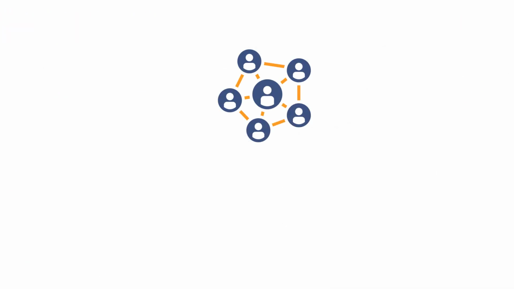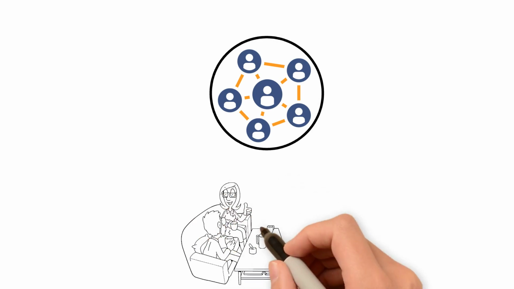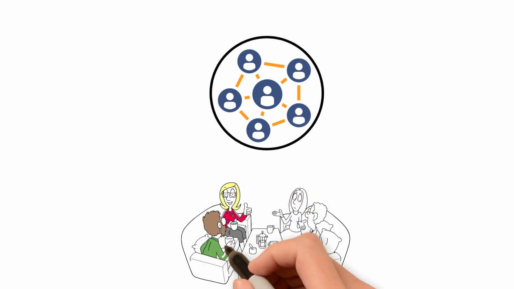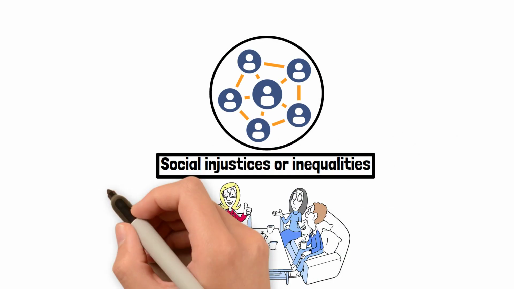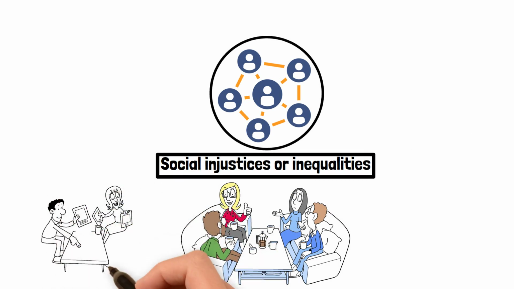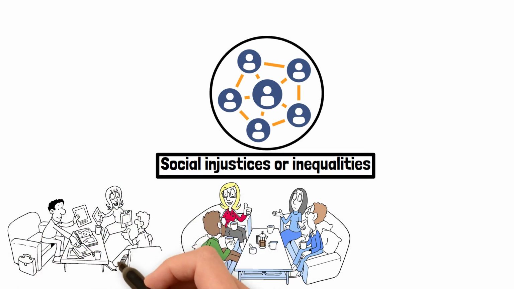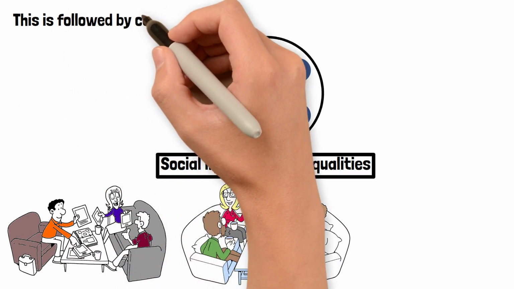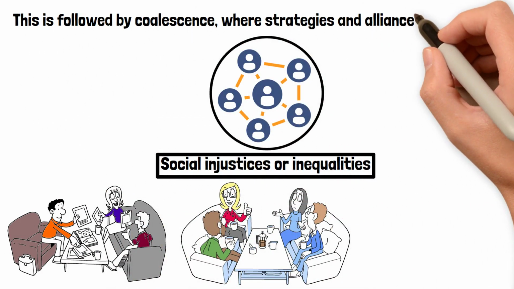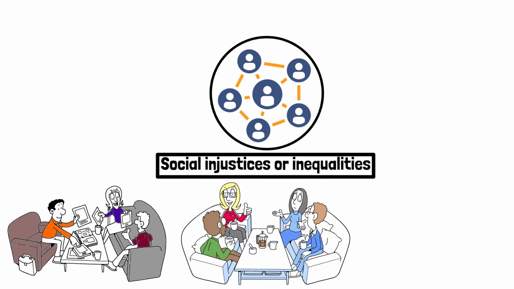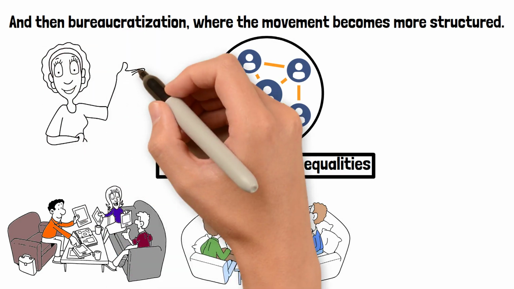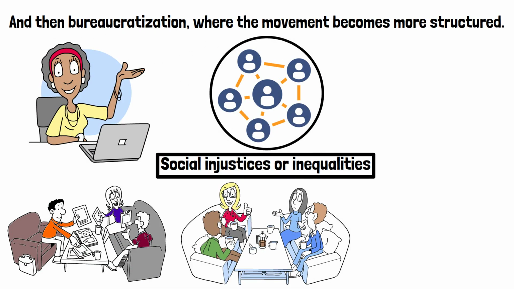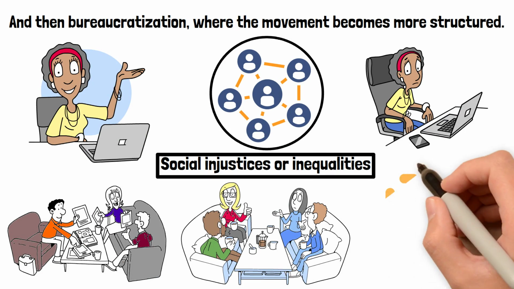Social movements are another significant source of social change. They arise from the collective actions of individuals and organizations striving for a common goal, often in response to perceived social injustices or inequalities. The stages of social movements typically begin with emergence, when public awareness of an issue grows. This is followed by coalescence, where strategies and alliances are formed, and then bureaucratization, where the movement becomes more structured. Finally, if successful, the movement reaches the stage of success or failure, where the changes it sought are either realized